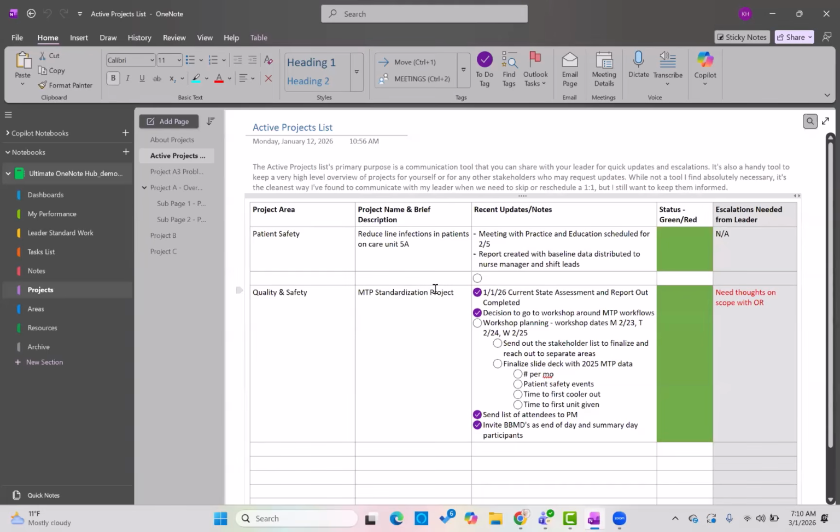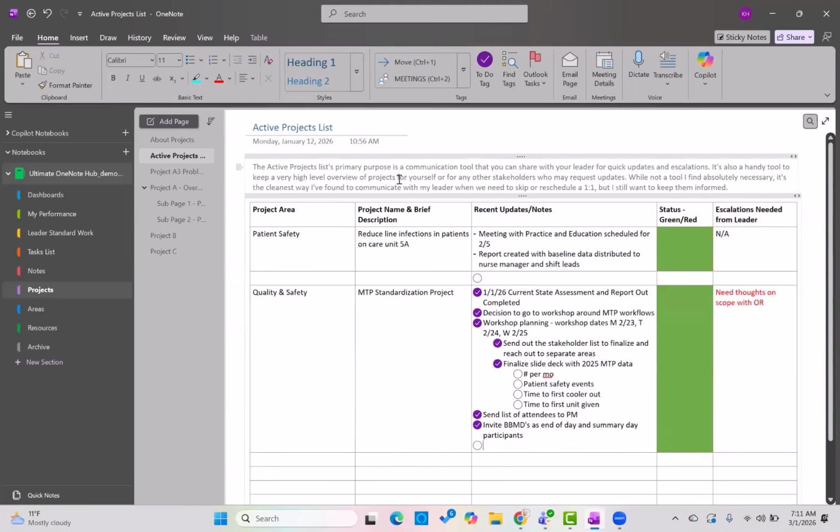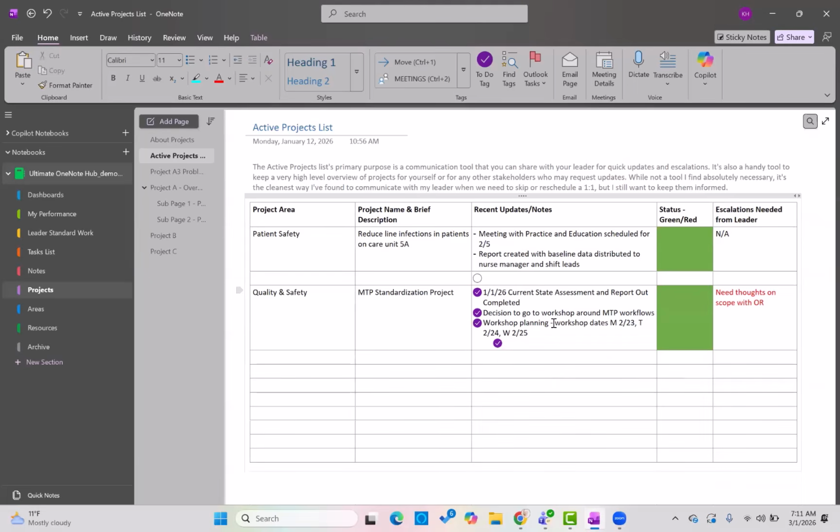Now this is really cool, because last week I made this tutorial and our workshop wasn't done, but the workshop actually happened and we got all this stuff done. And so I could come in here and update this and give her information on what happened. I could maybe delete some of this extra detail, like maybe they don't care that I had to send out all these meeting invitations. Maybe I can say